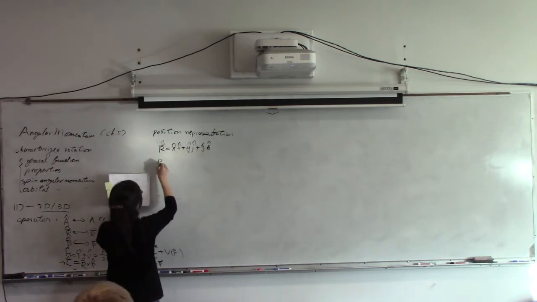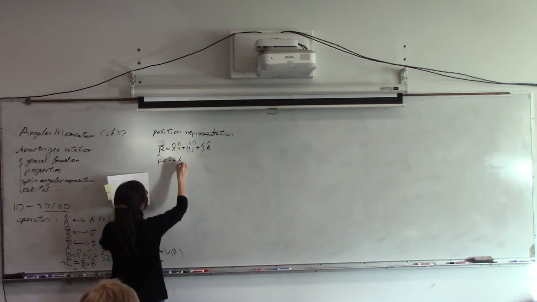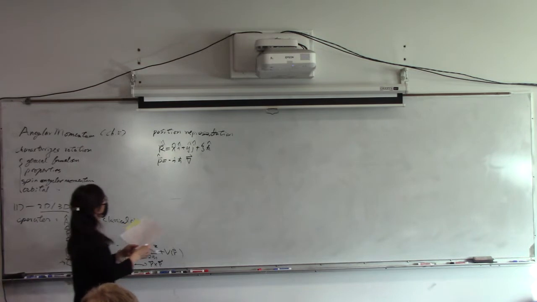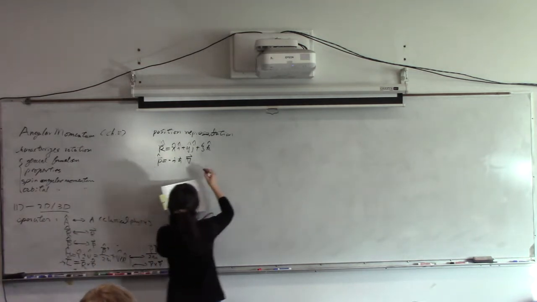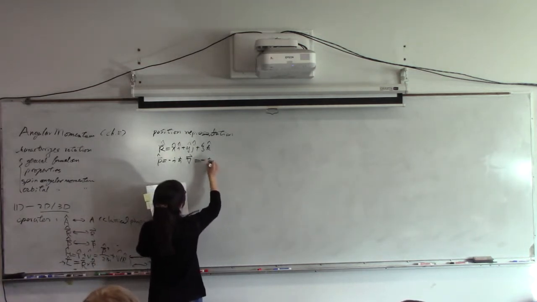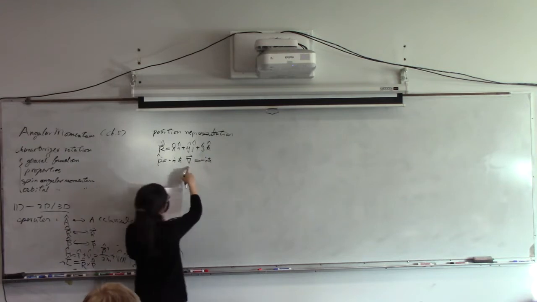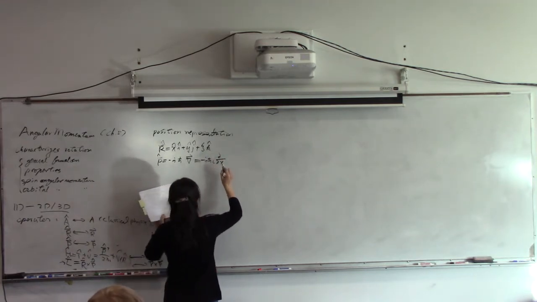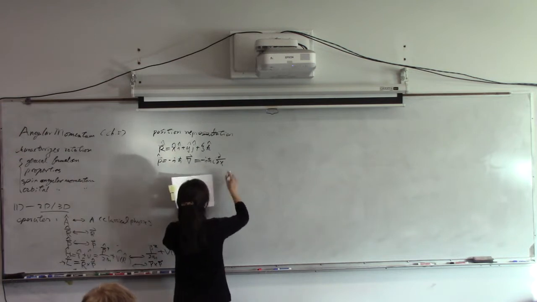And the momentum operator is this one. So now let's see, in Cartesian coordinates, this one is a gradient, which is